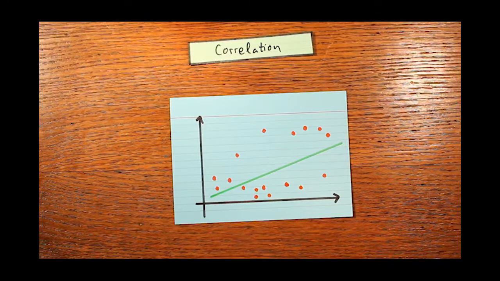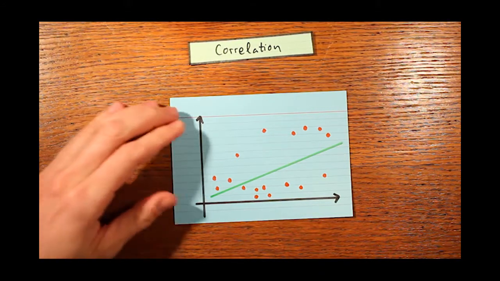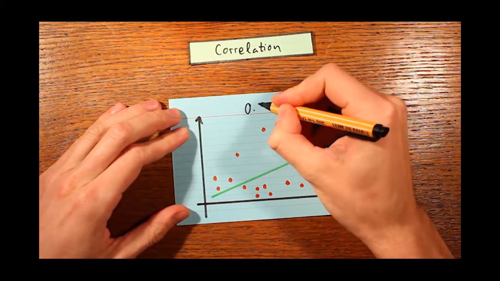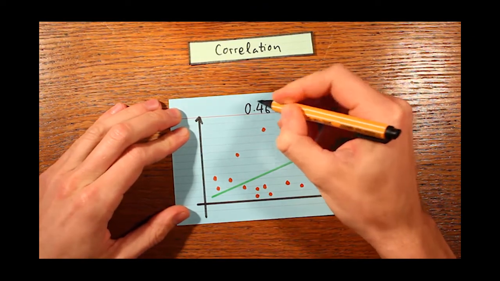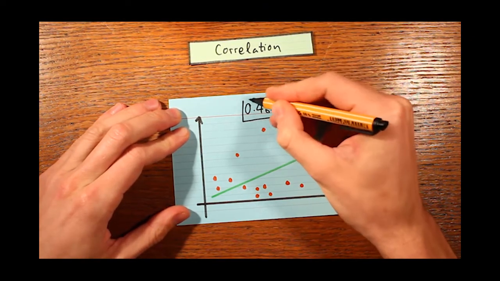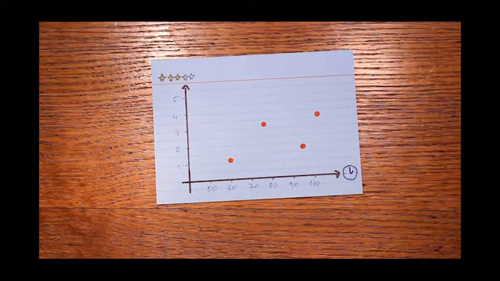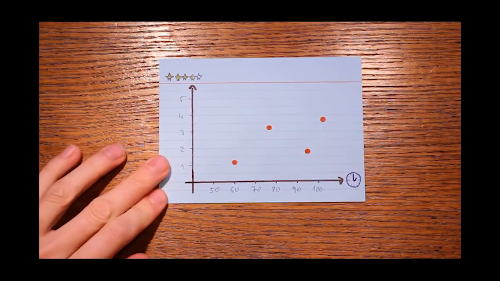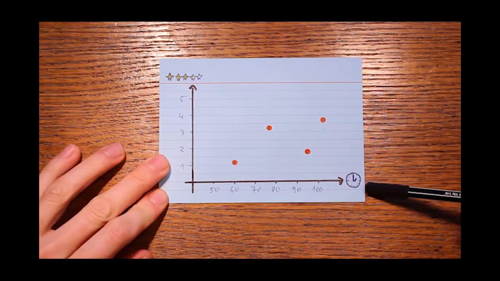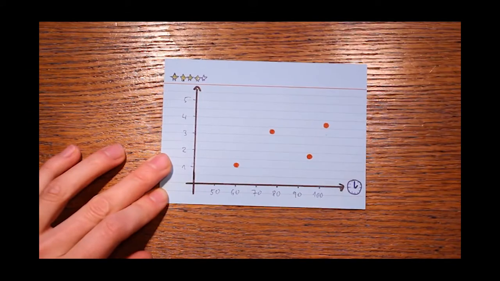The correlation coefficient is this really popular way of summarizing a scatter plot into one single number between -1 and 1. And in this video I'll show you 3 formula-free steps to how that's done. Okay, so I'll work with example scatter plots like this. It shows 4 movies. On the x-axis we can see the movie's length, and on the y-axis a rating for the movie between 0 and 5 stars.